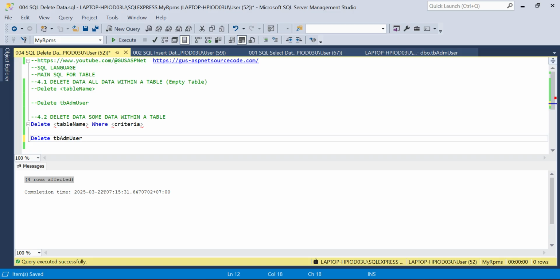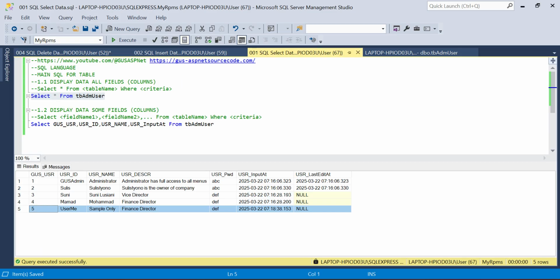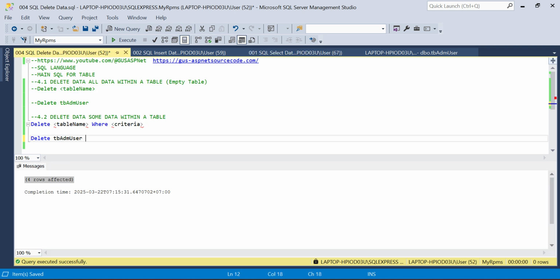I want to delete this data where Gus USR equals 5. Delete TB ADM user where... oh, I'm sorry. Before deleting data, first check that we will delete the correct data by displaying the data first. Select asterisk from TB ADM user where Gus USR equals 5.